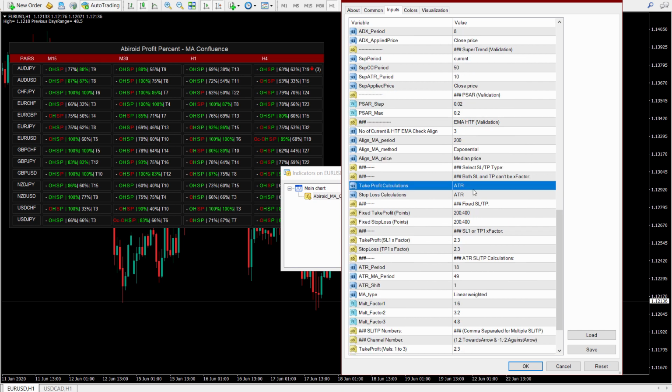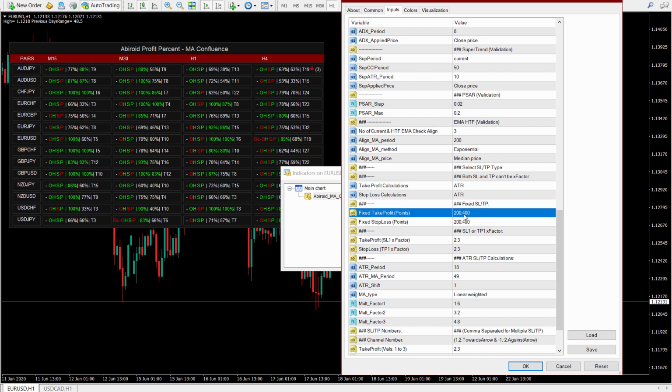And if you want a 1:1 ratio, in that case you can have fixed take profits, and that will give you a 1:1 ratio. And keeping these fixed, it might reduce the take profit percentages. So you can experiment with these values right here on the dashboard.